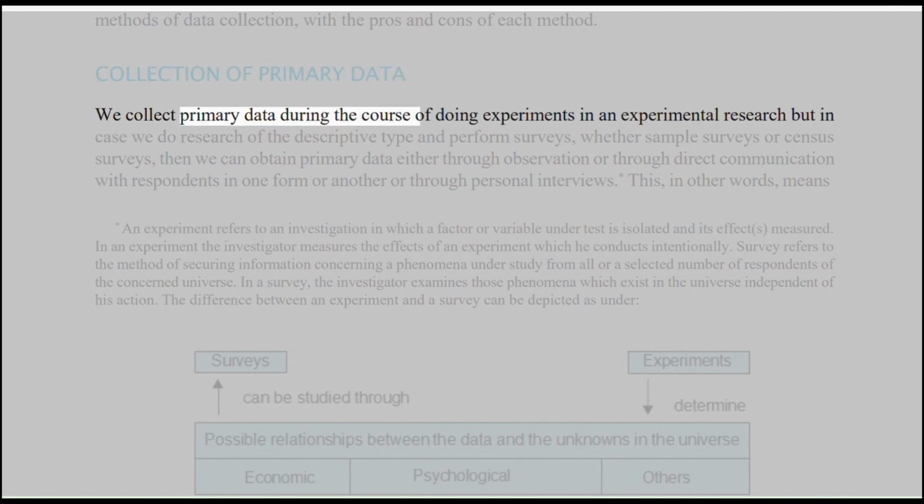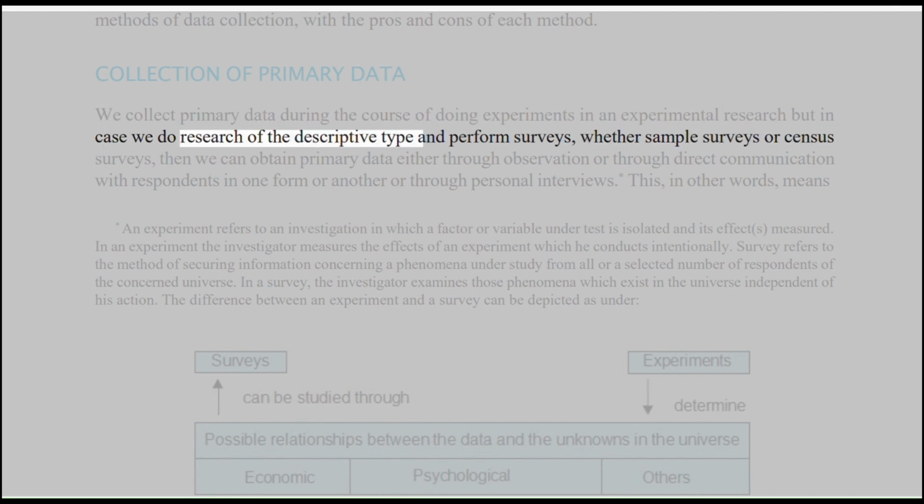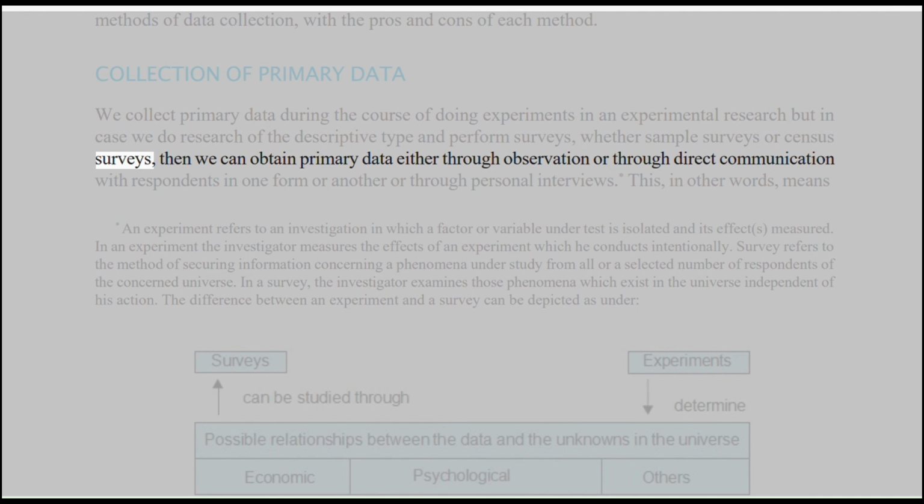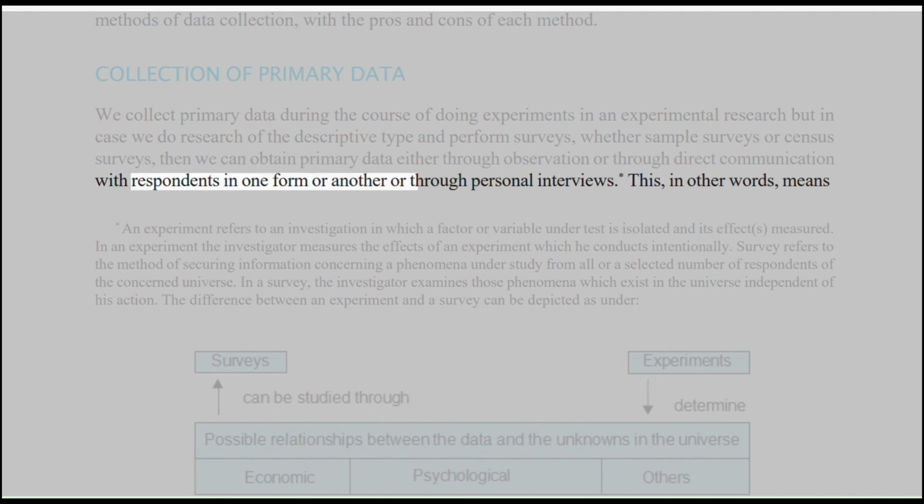We collect primary data during the course of doing experiments in an experimental research, but in case we do research of the descriptive type and perform surveys, whether sample surveys or census surveys, then we can obtain primary data either through observation or through direct communication with respondents in one form or another, or through personal interviews. This, in other words, means: